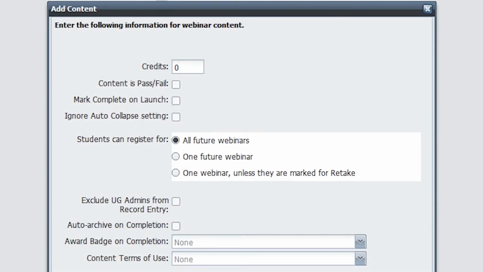In this window, we are asked to enter in the following information for content. Webinars can be pass-fail. They can also be marked complete on launch, which is usually what we will select, because once you've launched the webinar, essentially you've watched it and completed it. We can also choose to take the webinar and bundle it with an assessment, so they have to sit in on a webinar and then take the assessment later on, and they'll have to complete the whole bundle to get